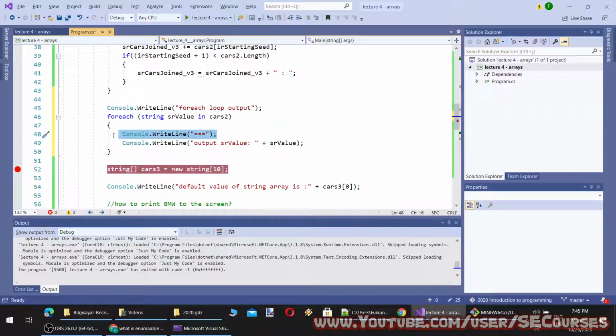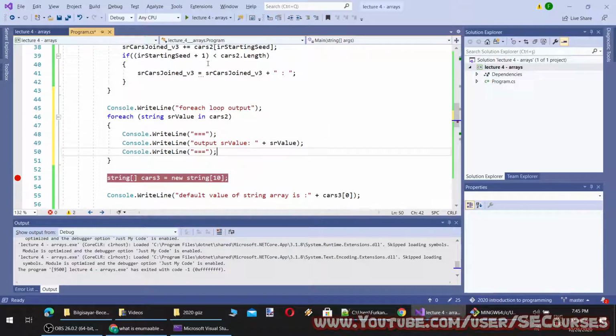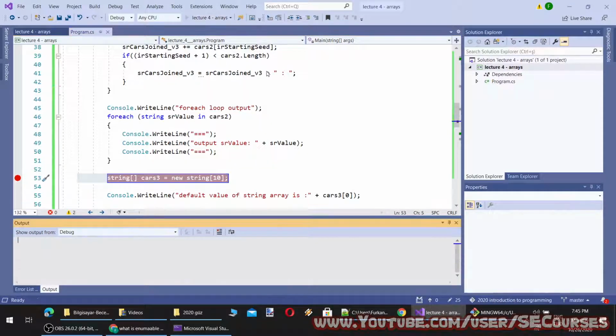Repeat every one of these steps so you will understand better. Otherwise, you cannot learn. Okay, do all the coding yourself. The software will execute until this breakpoint, and we are going to see the output.